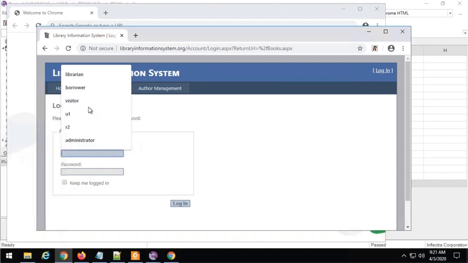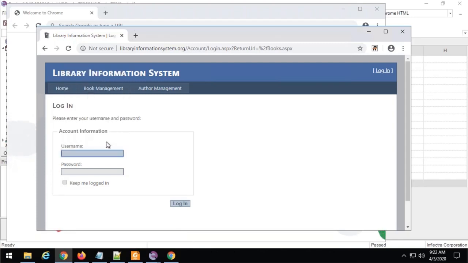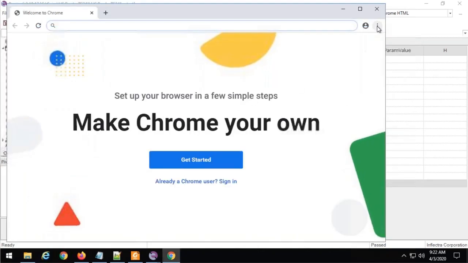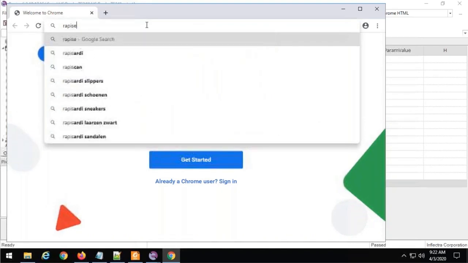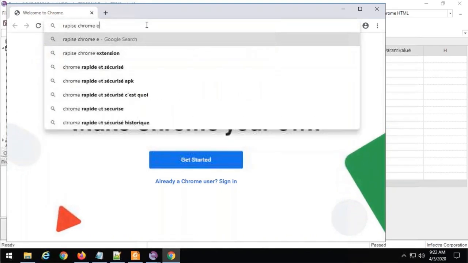And my goal is to get rid of all this remembered information, because sometimes it distracts and prevents the automated test from running properly. So I want to have a clean version without auto-completions. So I need to install the Rapise Chrome extension. I'm just typing Rapise Chrome extension